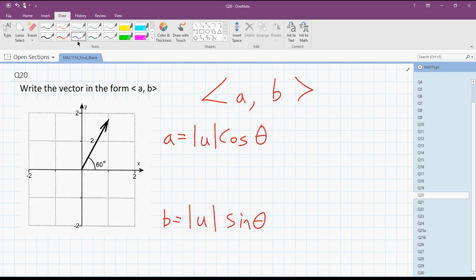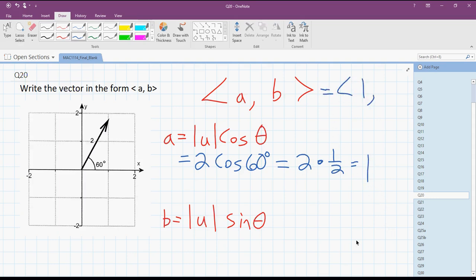So all you got to do is plug in. What's the magnitude of our vector? 2. What's our angle? And we know what that is. We can figure that out. We know what cosine 60 is. 1/2. So we're really just taking 2 times 1/2, which is what? 1. So our vector starts with 1 comma,